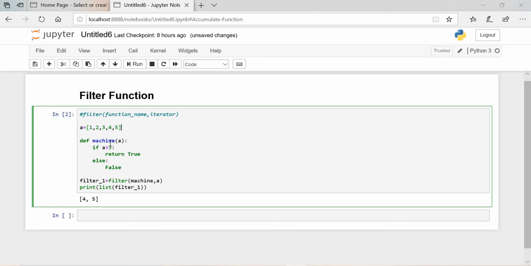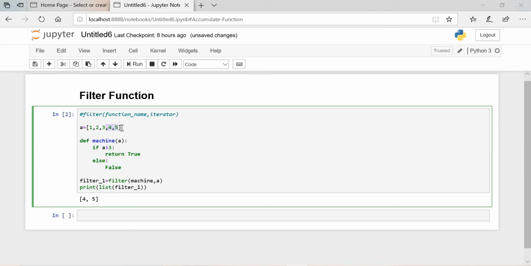So for the filter function, we need to filter something. For that we need to give some condition. I have given the condition over here, that is my a value should be greater than 3. So if the value is greater than 3, then it will print true, else it will print false. The values greater than 3 are already present inside this list.